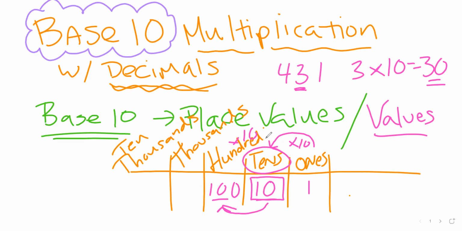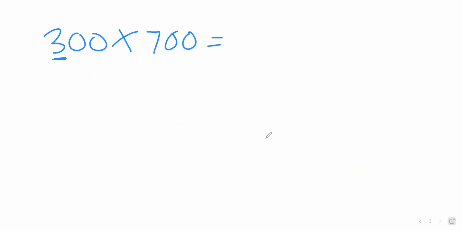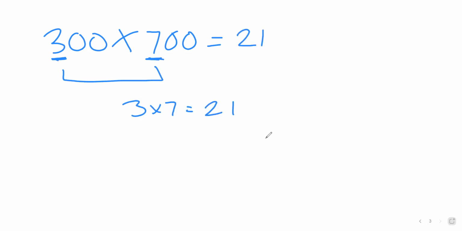So as we break that down again, going into the next step of base 10 multiplication, something we've done before, that's us talking about something like 300 times 700. Well, we can do that quick math thinking, oh, if I think of my non-zeros, if I think of just 7 times 3, I know that gets me 21. But it's not just 7 times 3, right? It is actually 300 and 700. So that's the base 10 part, that this is